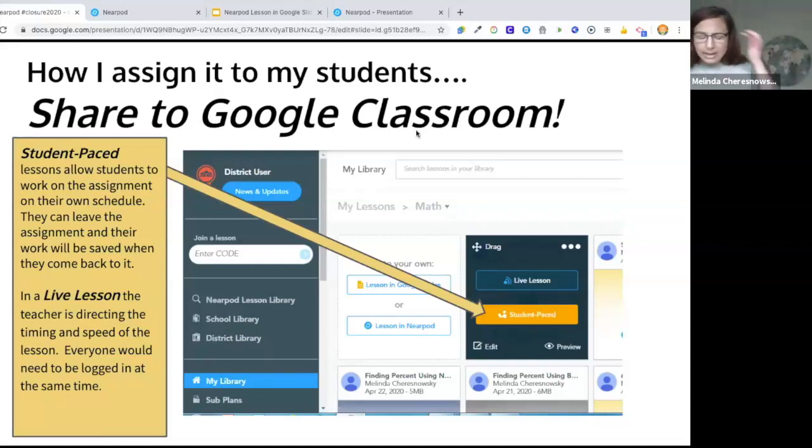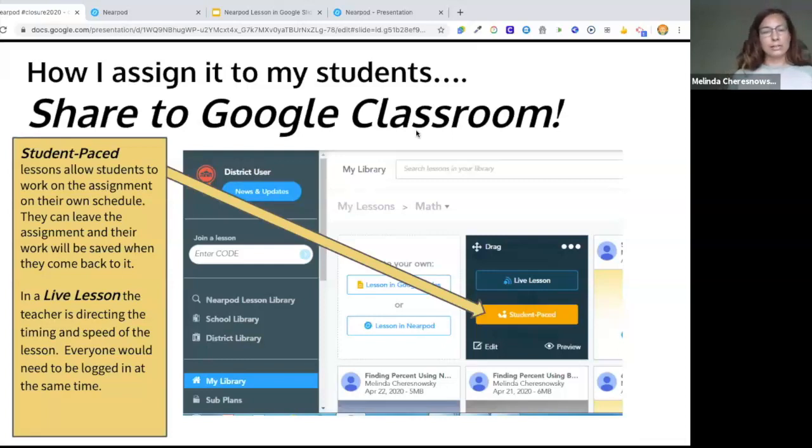One of the questions that was asked to Bart was, can the students fix it? I don't think you can send back the exact work, but if you share it through Google Classroom, they can go back into that same lesson as many times as they want to. They can rewatch the videos, they can re-answer the questions. I have some students that have gone back multiple times because they want to get better scores on their quizzes, different things like that. So I think that when you share it through Nearpod, it gives you 30 days that it stays open and active for the one link,